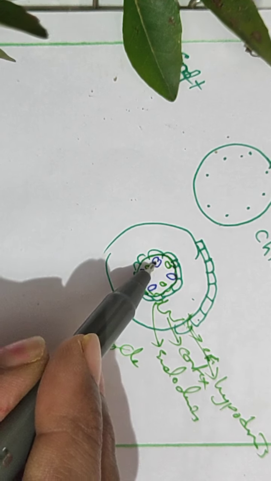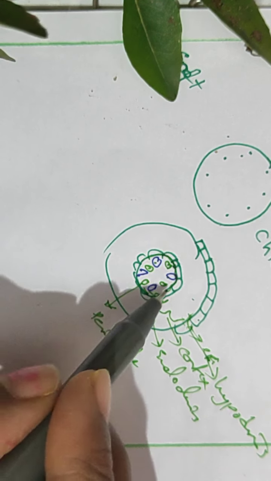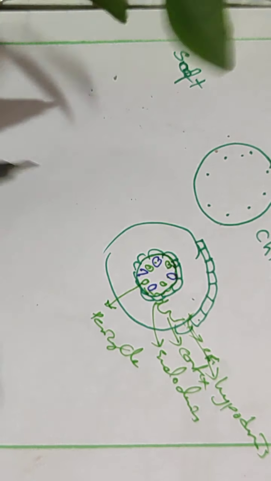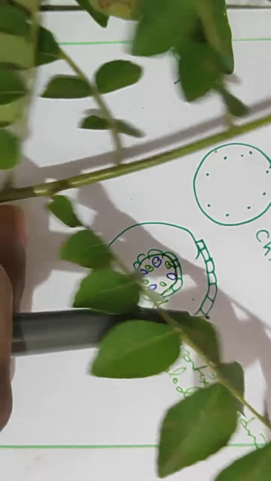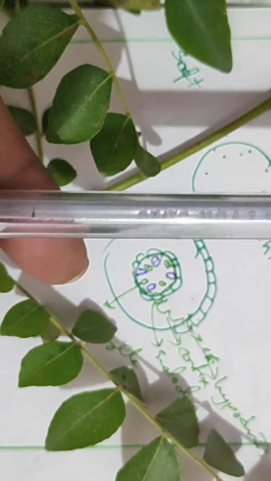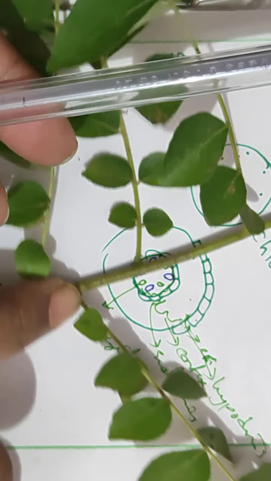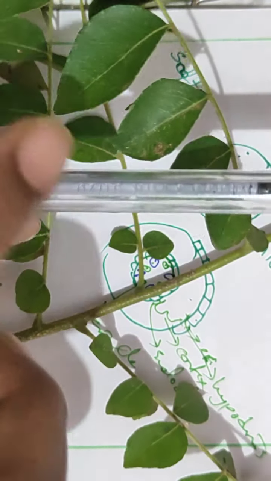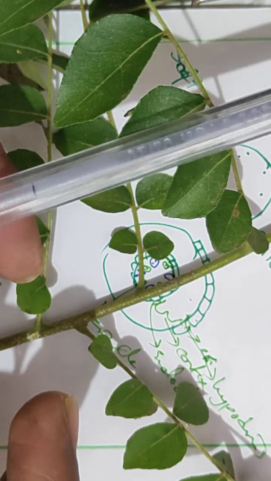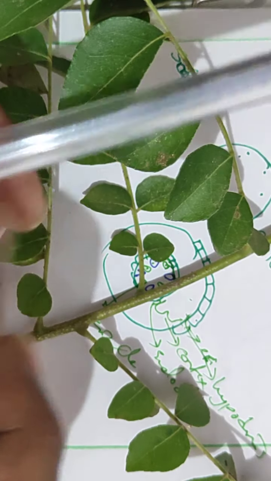Followed by xylem and phloem bundles. Alternatively, they are arranged. So such kind of arrangement we can see in the plant system. Just we will have the 3D look at how the plant is going to appear. Friends, I can't tease out the things and explain in detail, so I can just explain with reference to this pen. Whenever you are seeing the plant, as this is transparent, you can understand more easily.